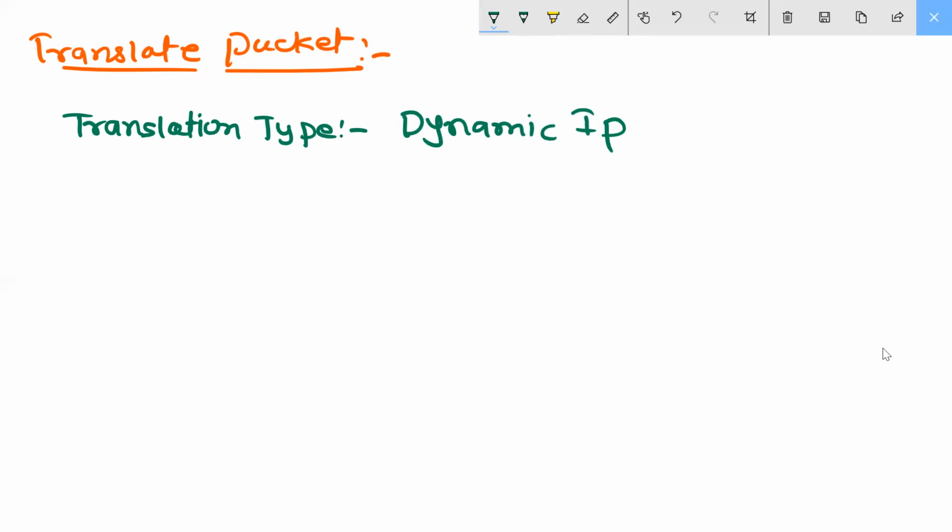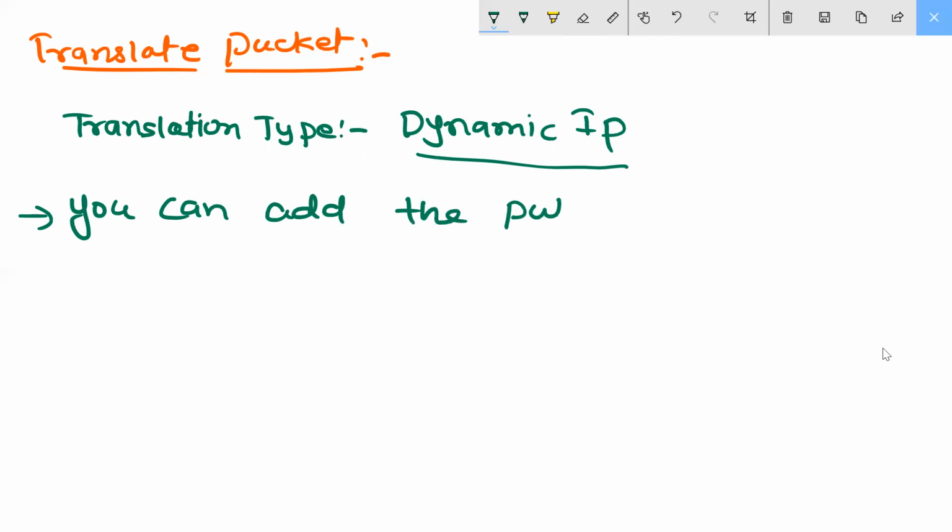You can add the public IP address range of the pool here. The dynamic IP, what I am telling you, you can add the public IP address.